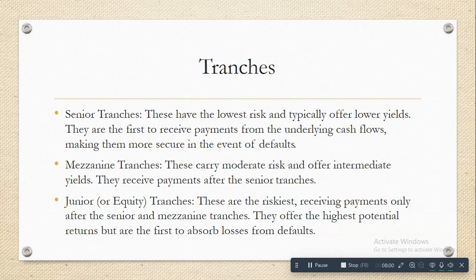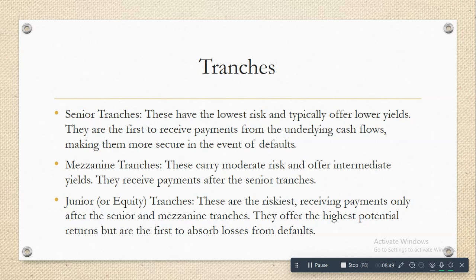Then there is the junior or equity tranche. So these are the riskiest, receiving payments only after the senior and mezzanine tranche. They offer the highest potential returns but are also the first to absorb losses from the defaults. So again, explaining in the pizza terms. After the mezzanine tranche, let's say there are slices which have more cheese or more toppings. But the catch is that once all the slices of the pizza are eaten by the senior and mezzanine tranches, then only whatever is left will be available for consumption by the third category, the junior or